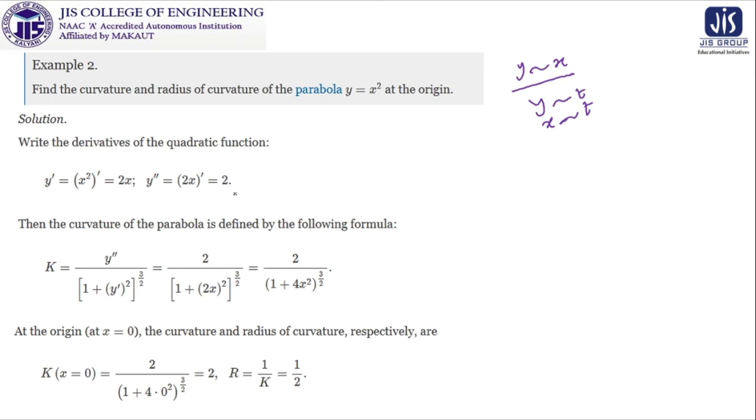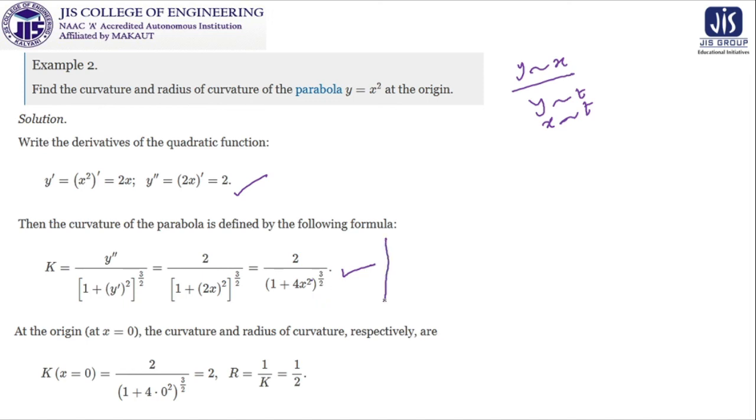So this is the result of y dash and y double dash, and this is the formula for the curvature. Our job is simply to substitute the values of y double dash and y dash in this, and we get this after simplification. I am not doing the calculation here because the calculations are shown and you can do it.